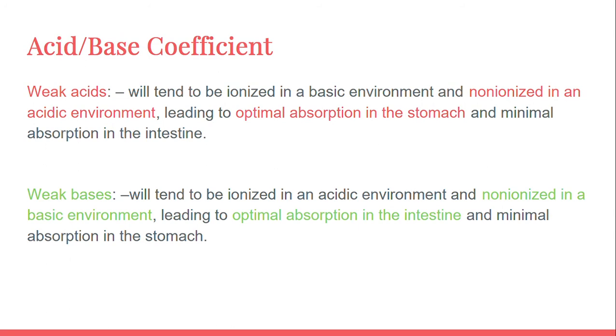On the other hand, the weak acid is going to be ionized in the opposite environment. So a basic environment is not suitable for the absorption of the weak acid. So a weakly acidic drug is poorly absorbed in the intestine. For weak bases, it is the complete opposite deal. They have optimal absorption in the intestine and minimal absorption in the stomach for the same reason. Weak bases prefer basic environments such as the intestine compared to the stomach, which is extremely acidic and even